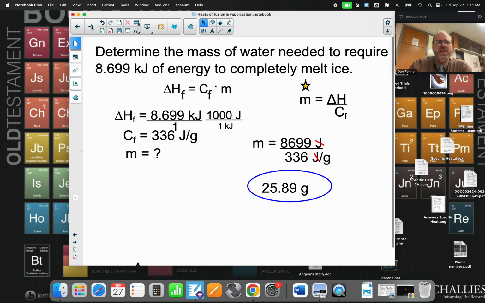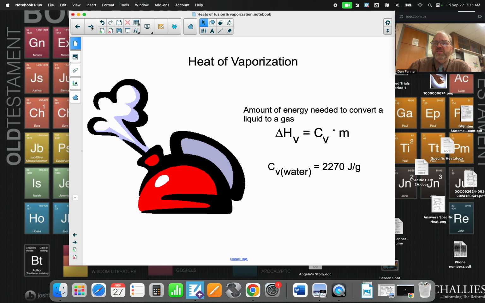Now, the other concept we're looking at is heat of vaporization. Heat of vaporization is the amount of energy to convert a liquid to a gas. And so the equation now is delta H sub V is CV times M, and the CV is a lot bigger. Why is it so much larger? Because we're now moving the atoms of the substance even farther apart. We went from a solid to a liquid. Now we're going from liquid to a gas, so it's going to take even more